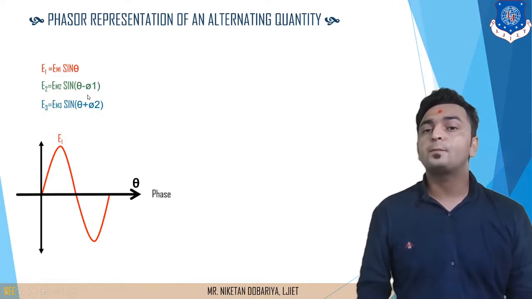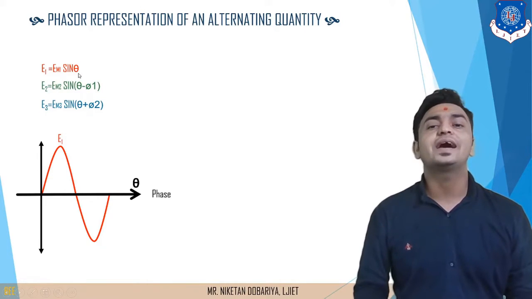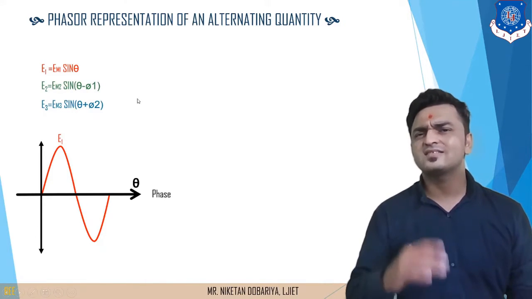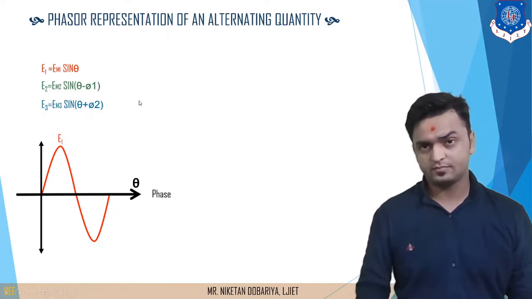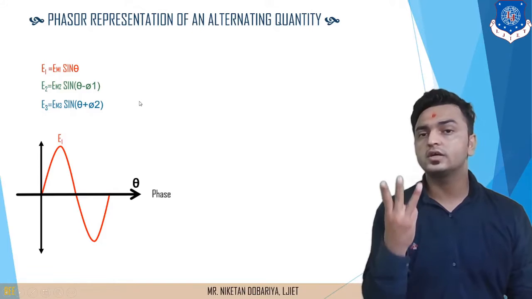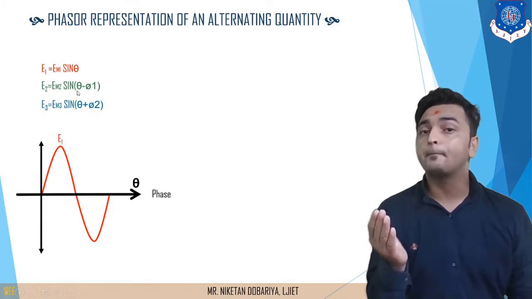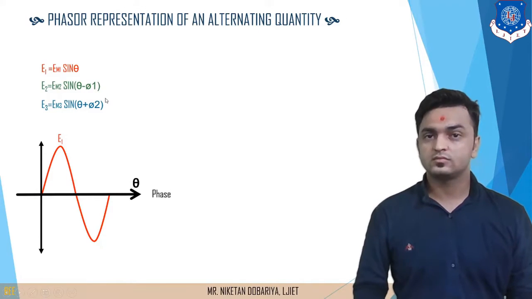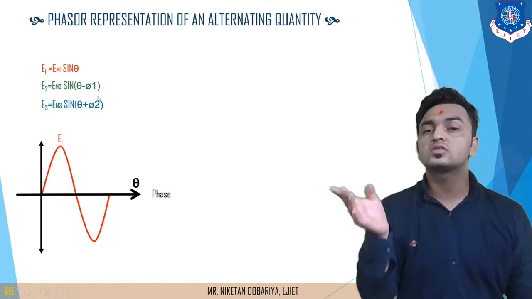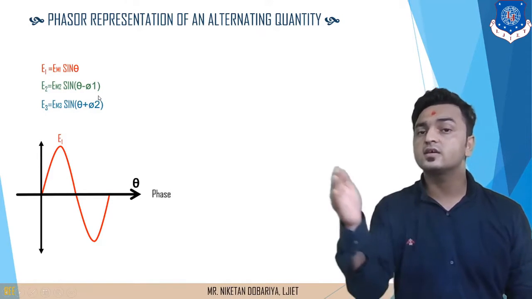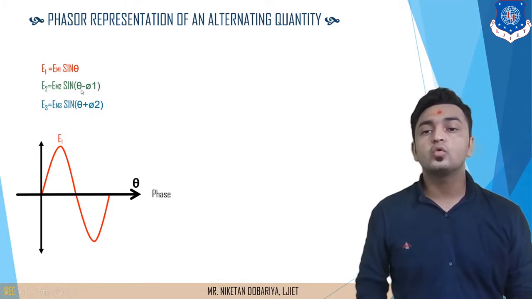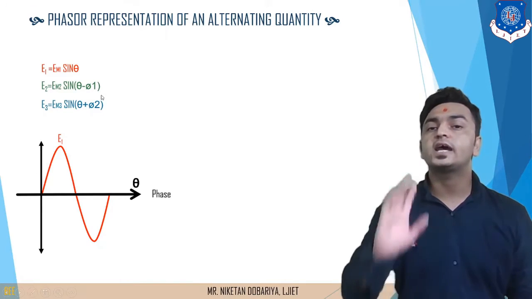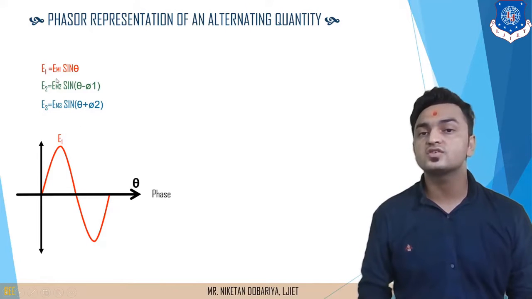Now if we want to plot the waveform for the second equation, that is EM2, we have amplitude EM2, but in this sine term we have sine of theta minus phi 1. As an example, you can consider phi 1 equal to 30. So if phi 1 is equal to 30, basically we have the equation theta minus 30. So this function will be 0 if we consider theta equal to 30, as phi 1 is also 30. If both are 30, then 30 minus 30 cancel out each other, and at that time the value of this function is equal to 0.